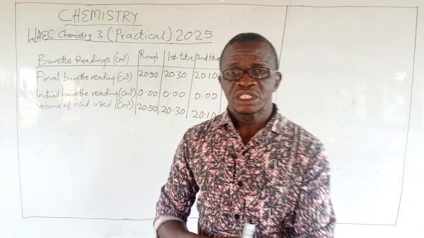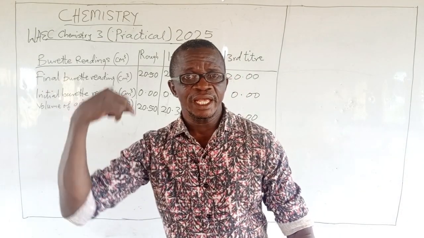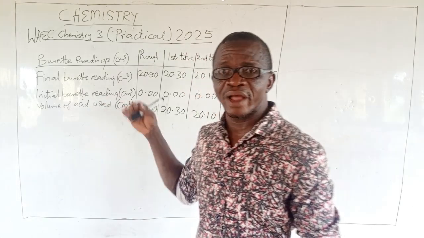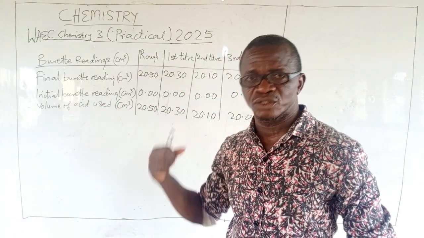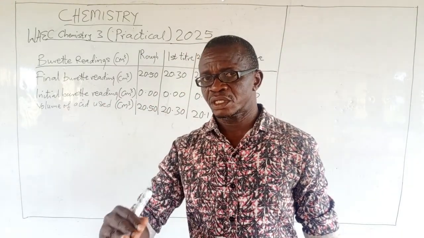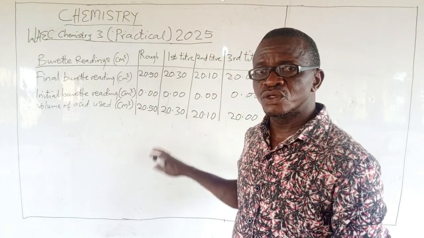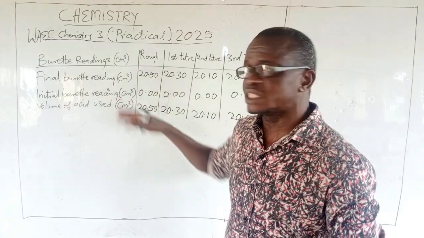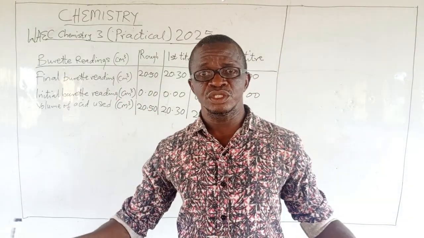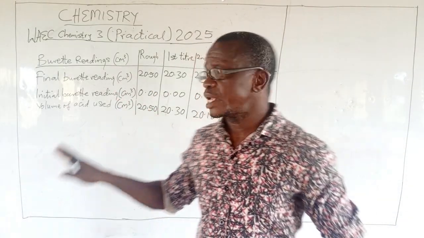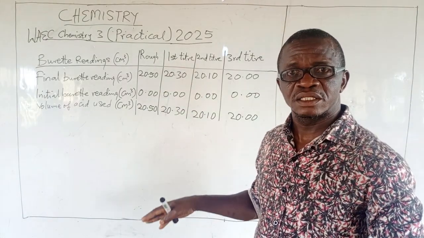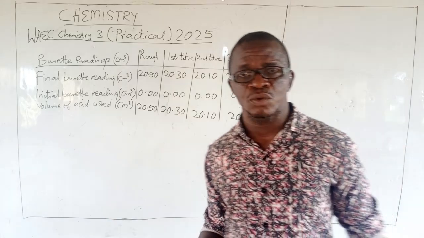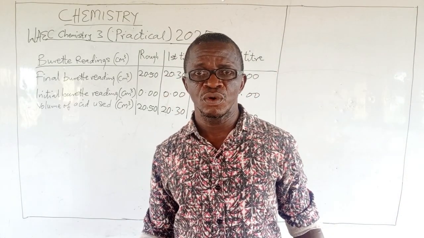If you wish, in one of my earlier videos, I taught how to carry out titration. You can refer back to that. Check the processes, how these values are generated. You are the one to generate these values. Draw the table. They will only give you the space for you to draw the table, and then carry out the analysis, the titration, and fill in the values. Use those values for your calculations. Other questions will follow.